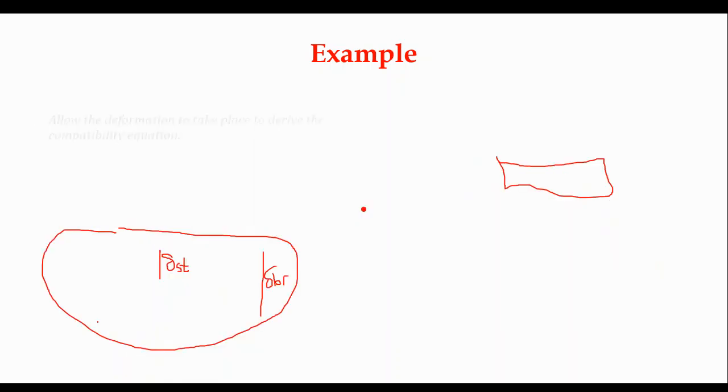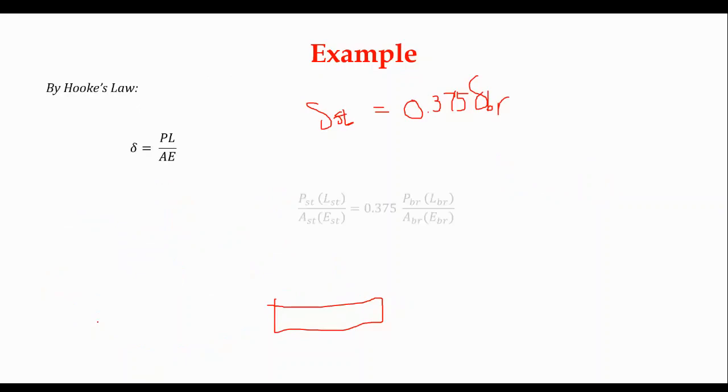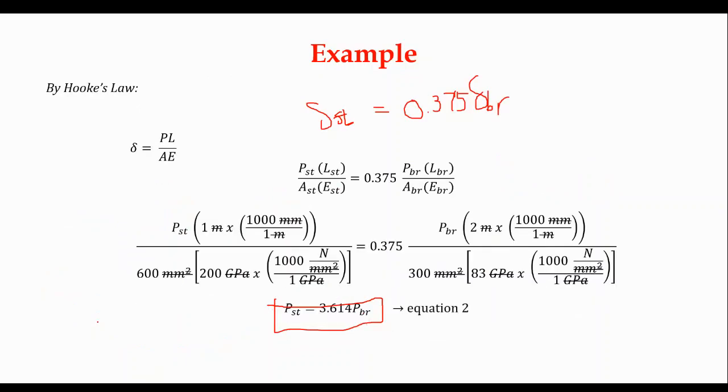Okay? So, wala na tayong problema. Naatoan ng na-express na ang force sa steel in terms of bronze. So, ang force sa steel is just equal to 3.614 sa bronze. Okay. But guys, don't forget, naabi at equation 1 no, wherein